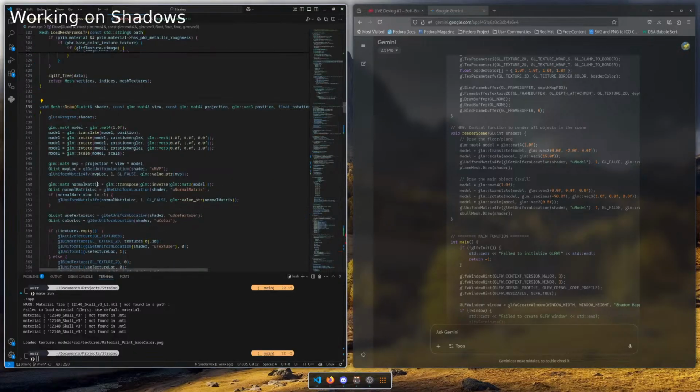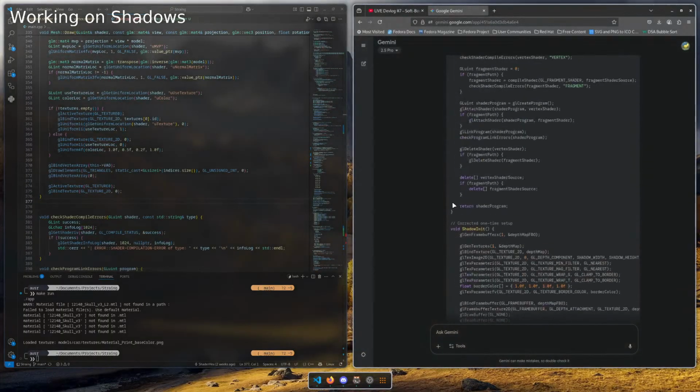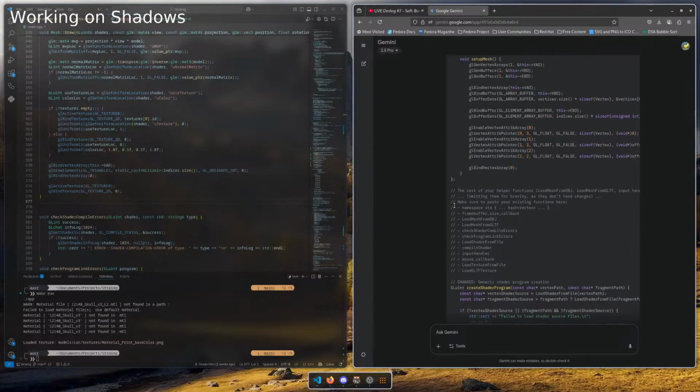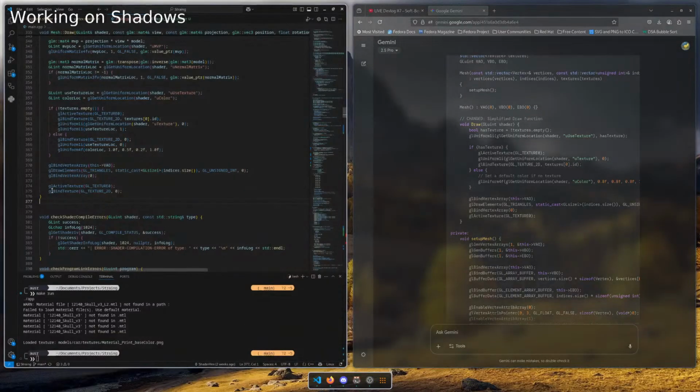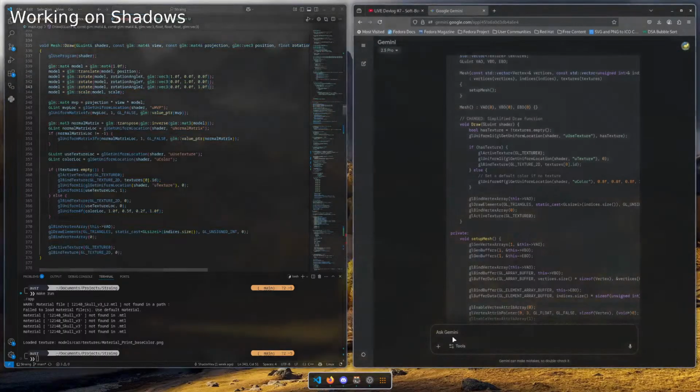I think I should let Gemini know what my draw function is like. There you go, this is where I create my draw thing.